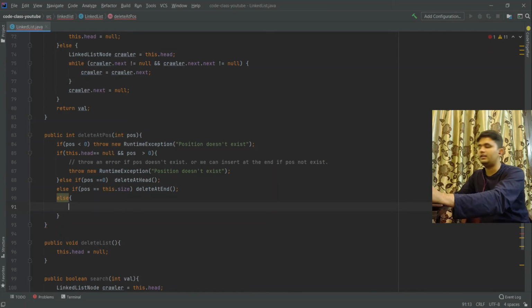What we did at deletion is we created a crawler and we move ahead with that crawler, and whenever we reached the position which is position - 1, we will stop our crawler at that very moment.